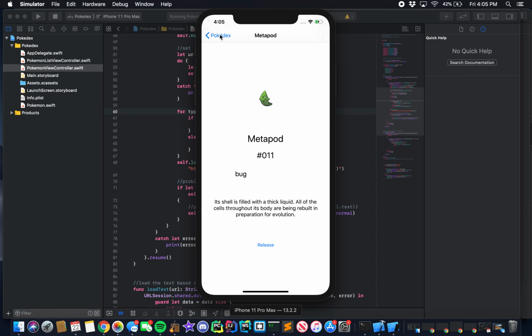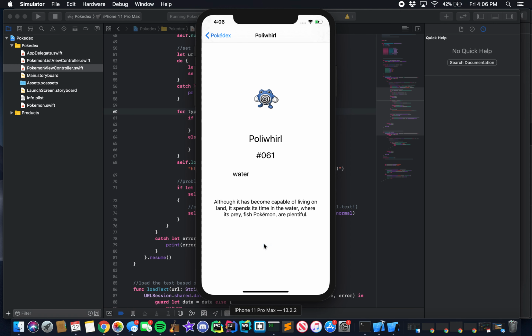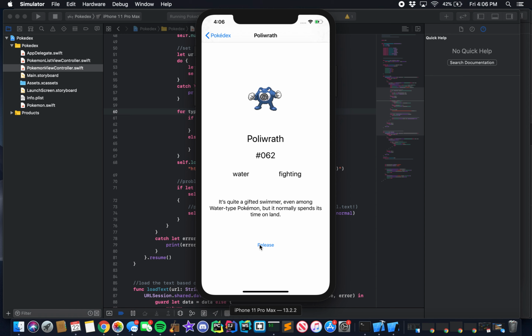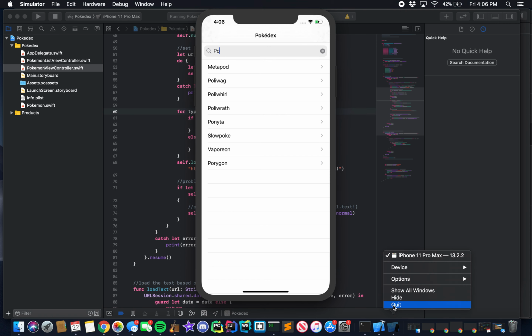So for example, just to demonstrate this, let's set the states of a few different Pokemon. So Metapod will say is released. Poliwag will actually catch it, so we'll just catch it like that. Poliwhirl will also catch, and Poliwrath, we can release it. So these two are uncaught, so they're going to display catch, and these two are caught, so they're going to display release. Now if we come over here and we quit the app,